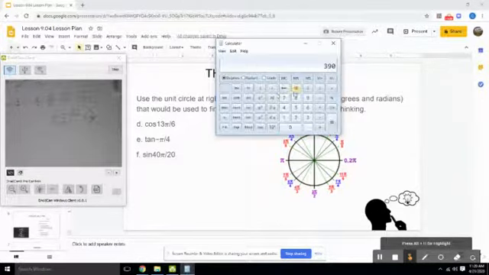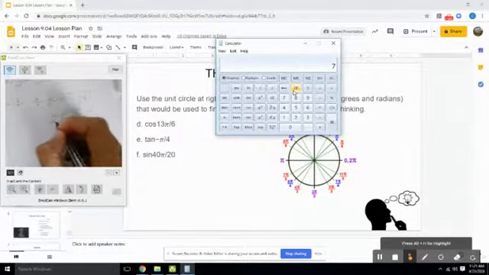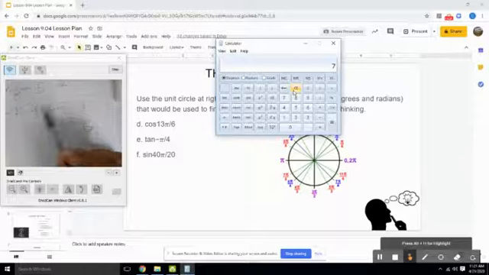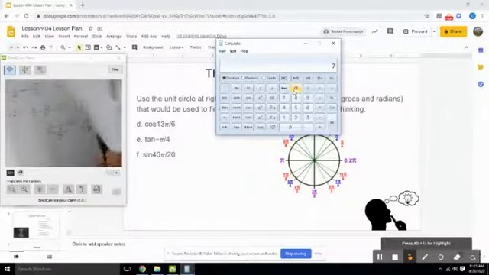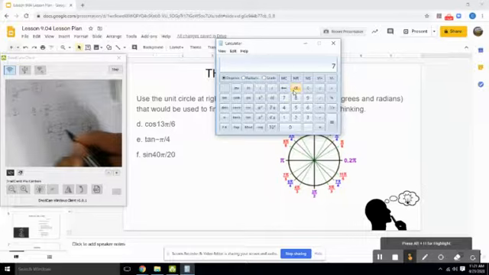I'm thinking 45. So let's do 315 divided by 45. Yes, it does. Okay, so 45 goes into 315 7 times. And from before, we know that 45 goes into 180 4 times. So our answer should be 7 pi